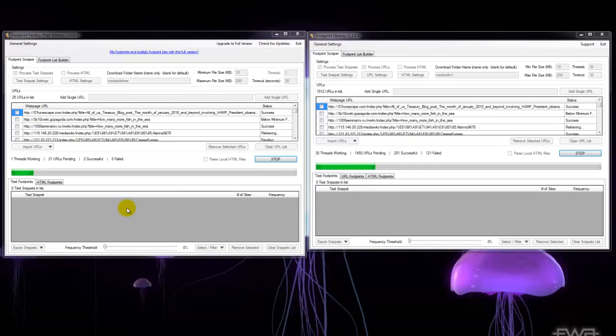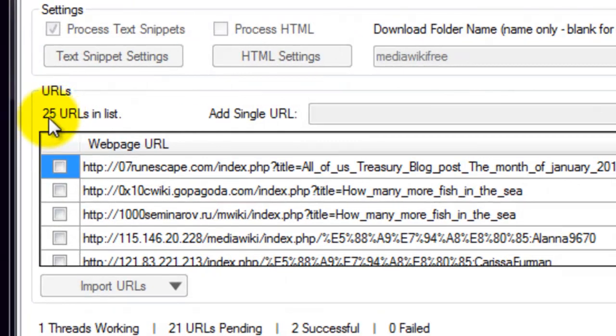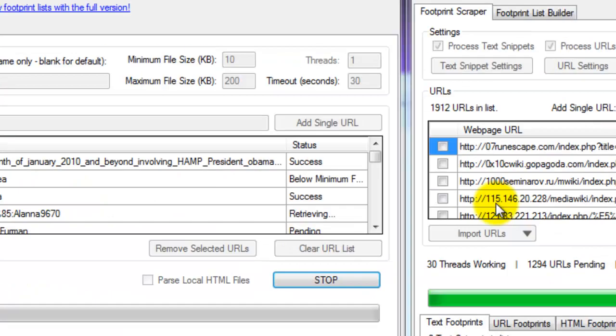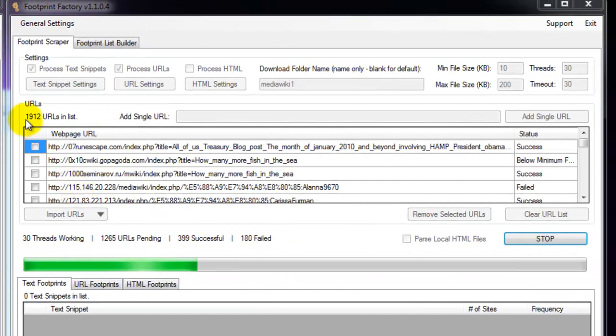Hi, I just wanted to show you the difference between the Pro and free versions of FpF. I'm running the same platform in both at the same time at the moment. It's MediaWiki, and in the free version I can analyze up to 25 URLs, which is going to give some decent footprints. There is no limit on the Pro version, so I'm analyzing